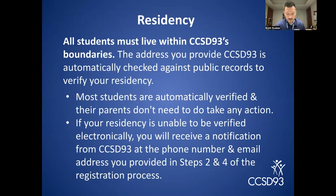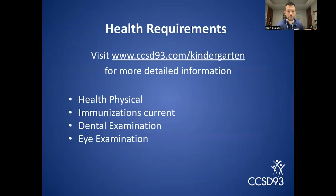All students must live within CCSD 93's boundaries. The address you provide CCSD 93 is automatically checked against public records to verify your residency. Most students are automatically verified and their parents don't need to take any action. If your residency is unable to be verified electronically, you will receive a notification from CCSD 93 at the phone number and email address you provided in steps 2 and 4 of the registration process. Please see the district website for more detailed information,